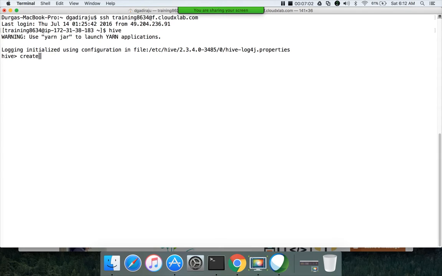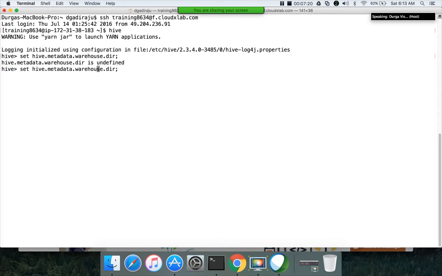Before doing that, you have to run this command called set hive metadata warehouse directory. I think hive warehouse directory.